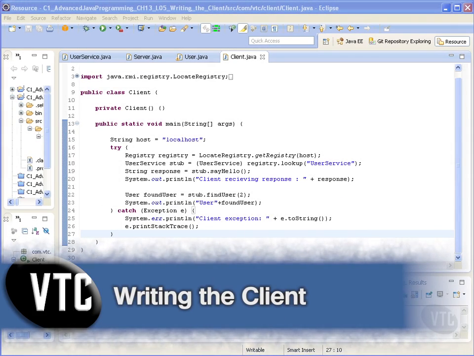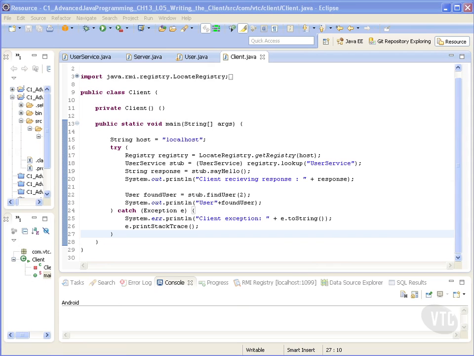In this video, we will introduce writing the RMI client within the Java programming language. Our client to our remote object gets the reference or a proxy to the remote object living on the server and invokes its method to get a message. If the server object implemented java.io.Serializable instead of java.rmi.Remote, it would be serialized and passed to the client as